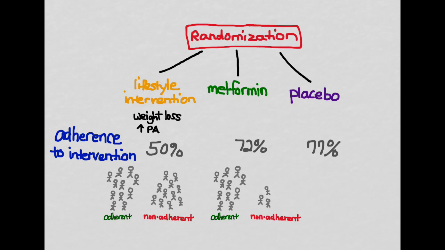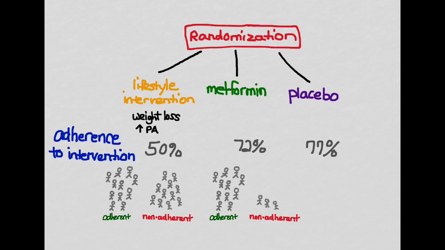The drug's going to look more effective because you're basically eliminating people who potentially were not seeing the benefit of the drug or who had really negative side effects. So this is incredibly important and also often ignored. It's amazing if you look at research papers how frequently people ignore this. That is, they only analyze the people who were adherent to the intervention.